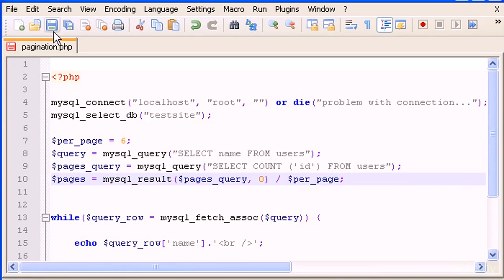Now we have a problem, because when we divide, we might have a result with decimal numbers. And to have a result with a whole number, we have to use something called